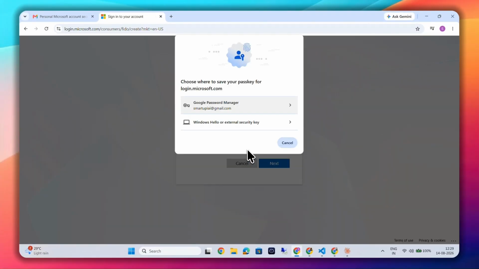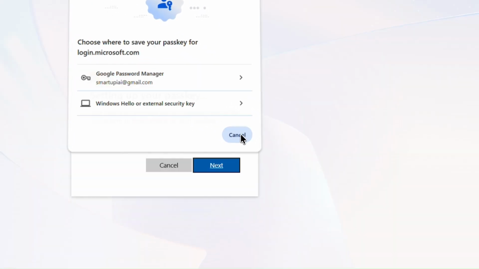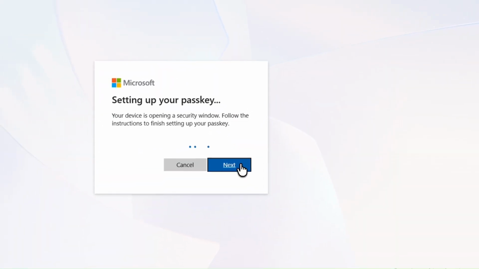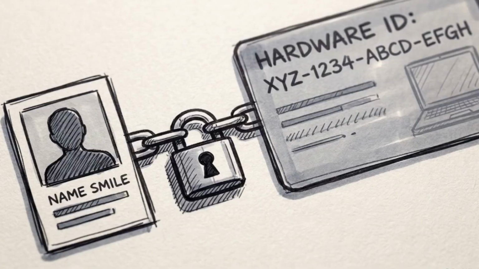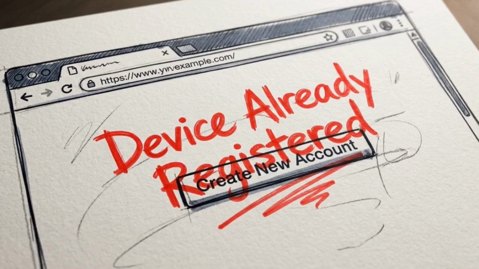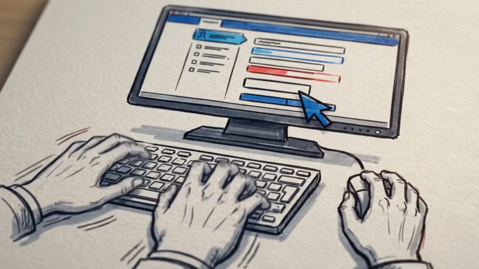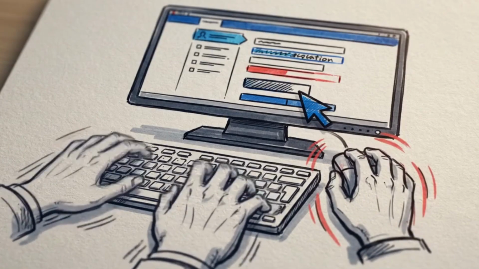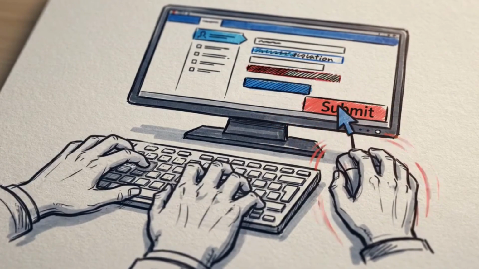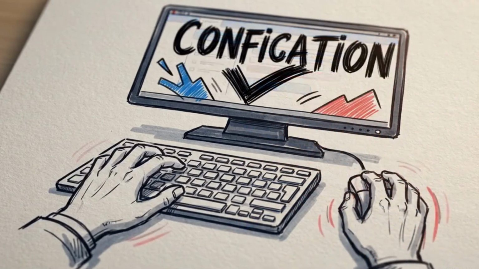This graphic shows a prompt you will likely encounter: Microsoft asking you to configure a passkey. If you see this, immediately skip it. Accepting the passkey ties your device hardware directly to that specific burner account. That hardware link will block you from rapidly creating the next account when you inevitably need to repeat this process. By combining Outlook's flexible creation rules with a numbered naming structure, you create a limitless, highly organized supply of burner